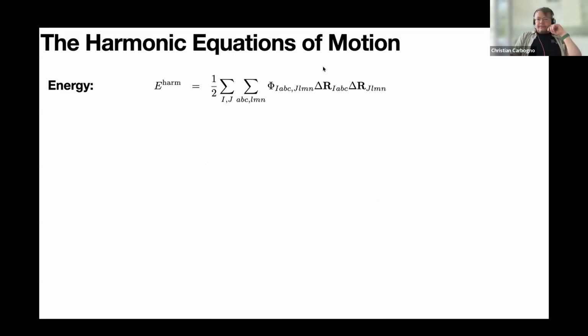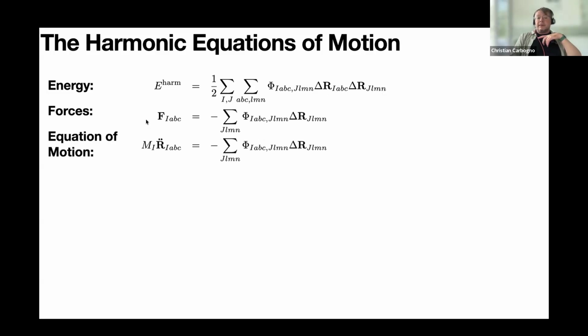So far, we have described our energy by this harmonic parabola. Basically, here we have a sum over all atoms, a sum over all unit cells and supercells. We have the Hessian that we calculated, and now we just have the displacements from equilibrium here. The respective forces would look like that. And so the actual equation of motion, where we relate acceleration on the left, is just a Newtonian equation of motion with the actual forces acting on these atoms.